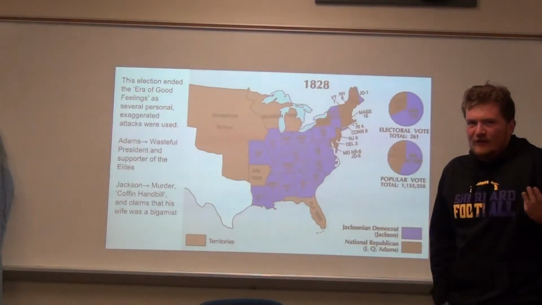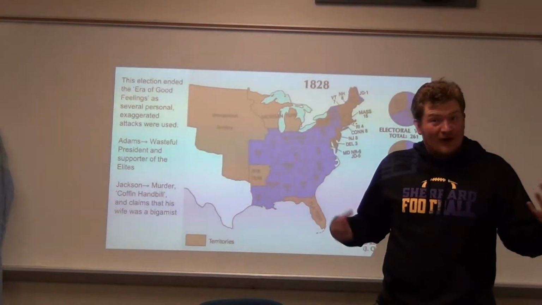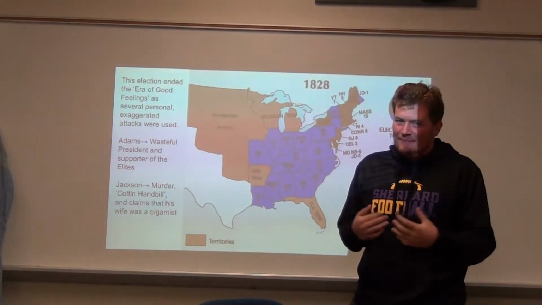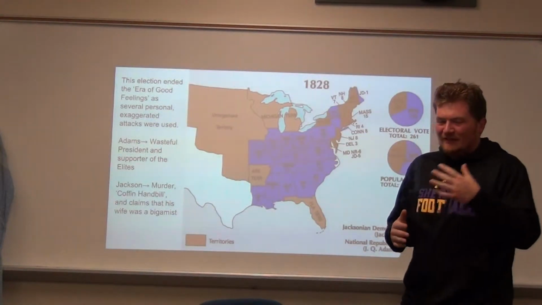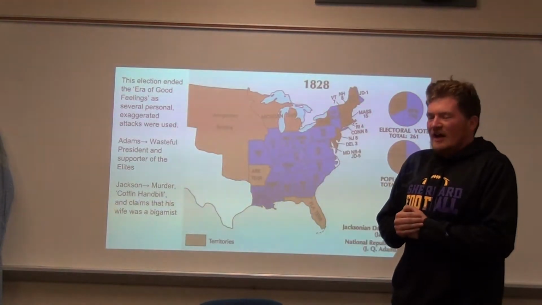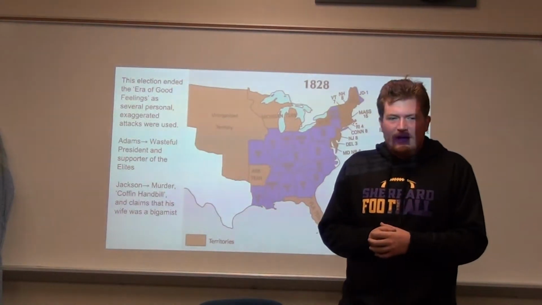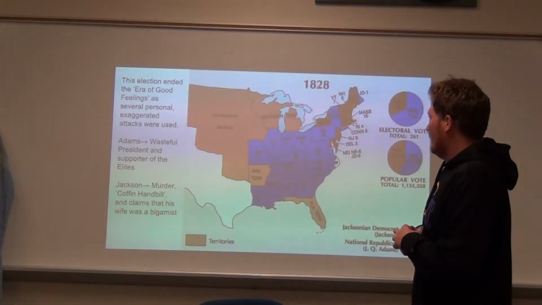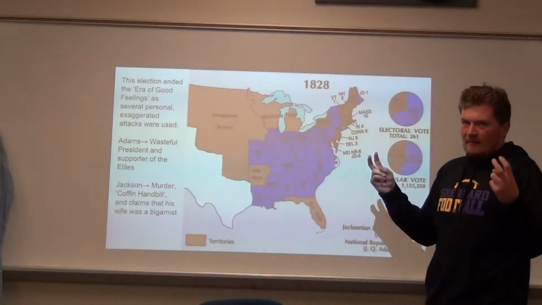End of the Era of Good Feelings. Good feelings. Politicians got along. New idea. Okay, not like today. Politicians do not get along. Remember, almost everyone's a Democratic-Republican, 1820, 1824. All of a sudden, Andrew Jackson's pretty upset. He does not agree with all of the Federalist agenda that is going on. He is very anti-Federalist. He ends up winning the election of 1828 with the support of the common man who supported